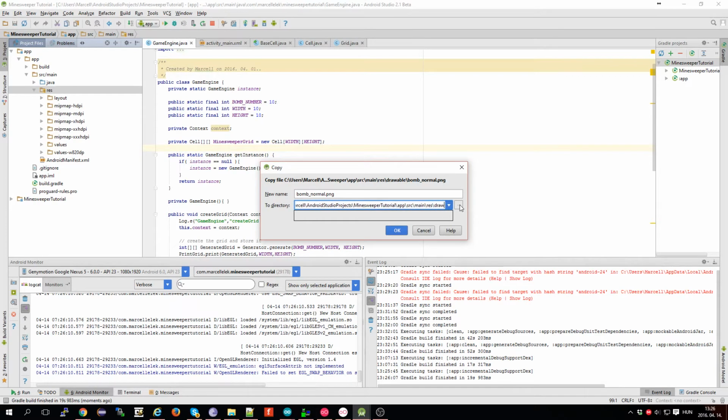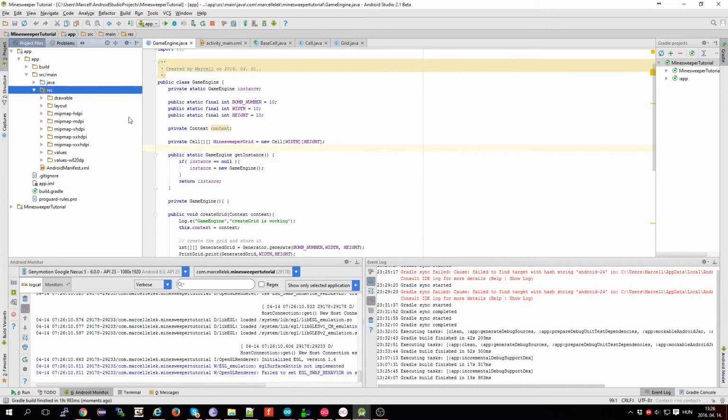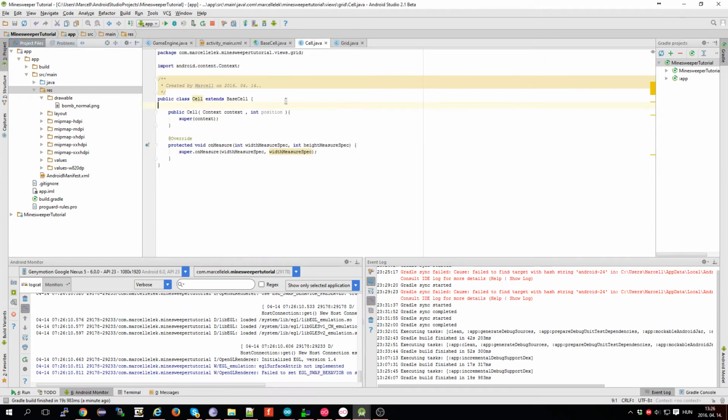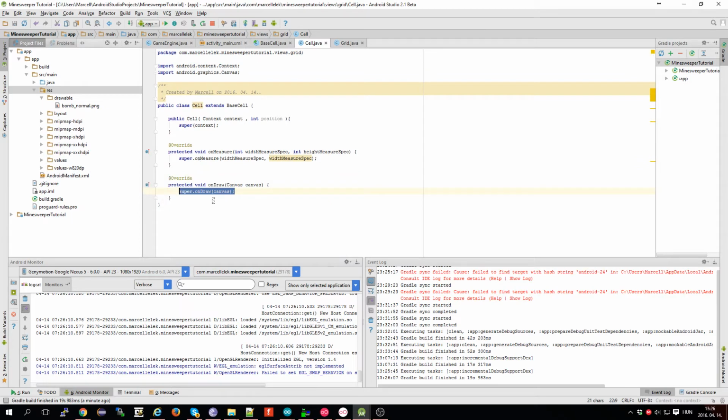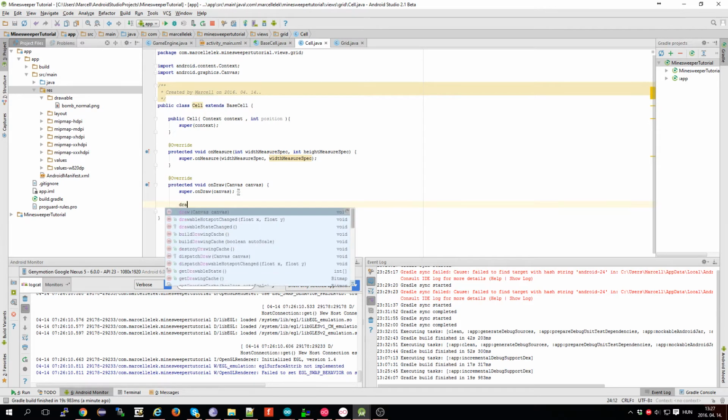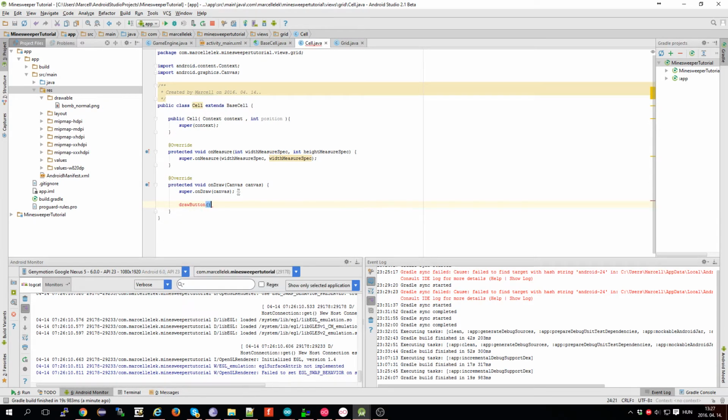Okay, slash drawable. Okay, so we copied, and in the cell I'm going to create an onThrow method. I'm going to override it and just call throw button, and I'm going to send the canvas. So this is going to be a private void draw button with a canvas,